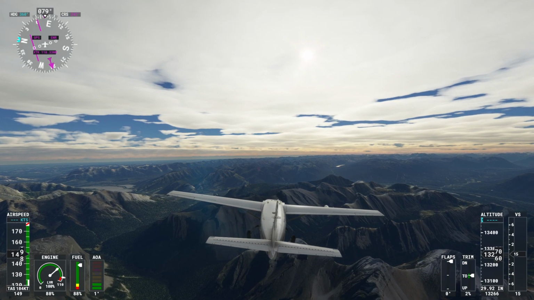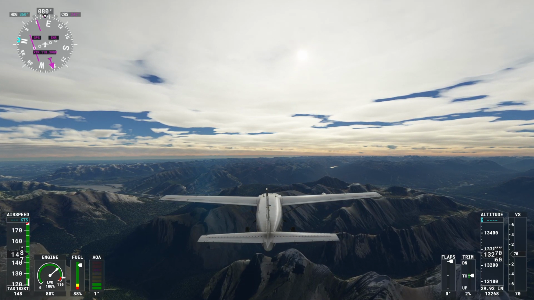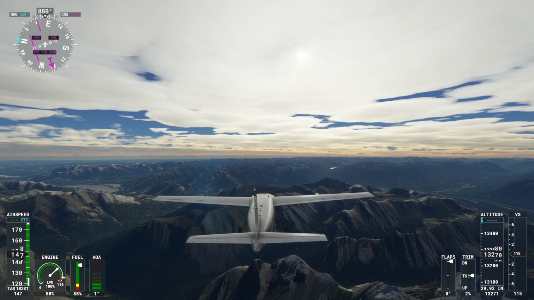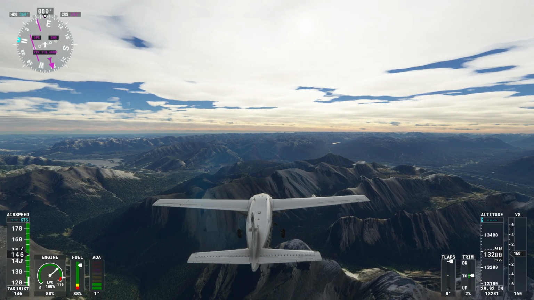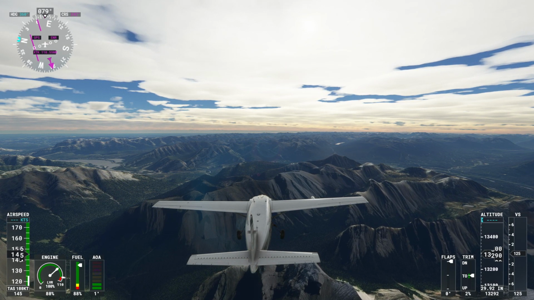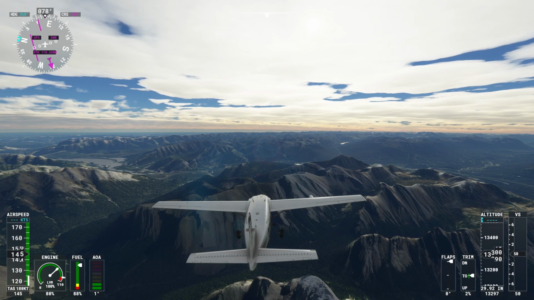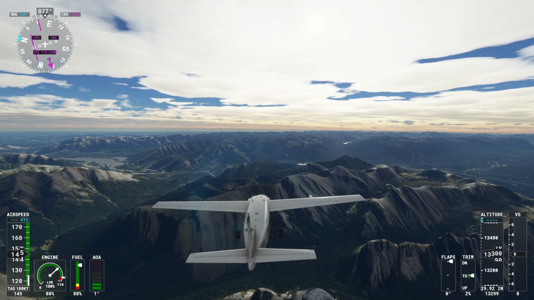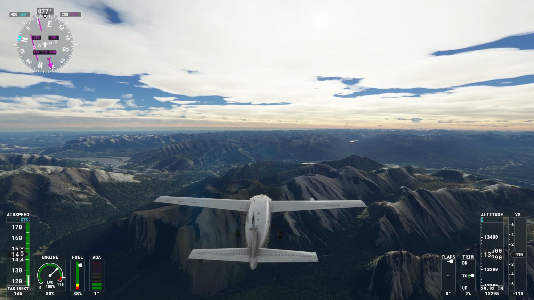We're going to have to try and find it, based on I don't know what. Let's do that a little bit so we can see a bit more. There's a river. The river bends all the way through there. I'm going to zoom in on my Google map to see if I can find Jasper. Just going over Pyramid Mountain.